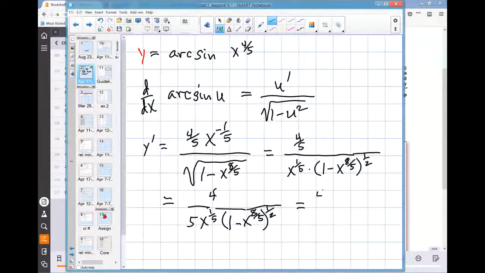I'm just trying to find a better format here so we can take another derivative, because of course we have to take the second derivative. So let me see. 4/5 x to the negative 1/5 and quantity 1 minus x to the 8/5 to the negative 1/2. Okay, so there's my first derivative. My second derivative,